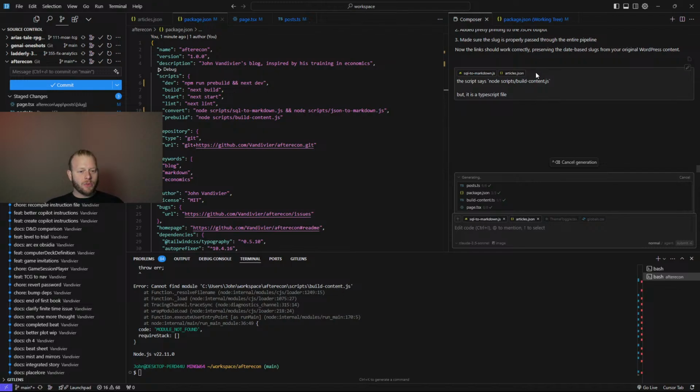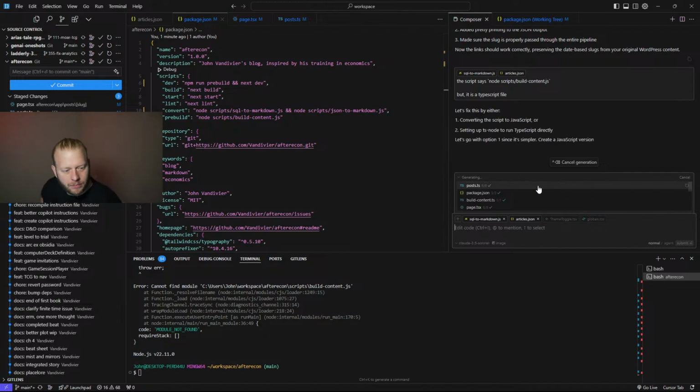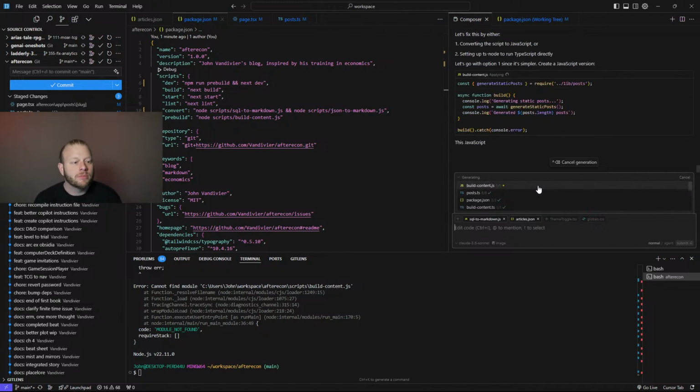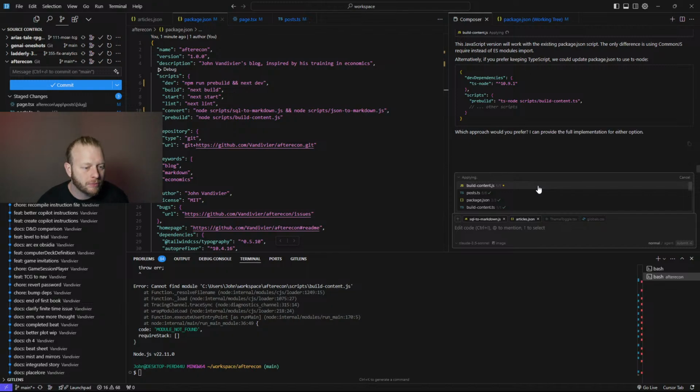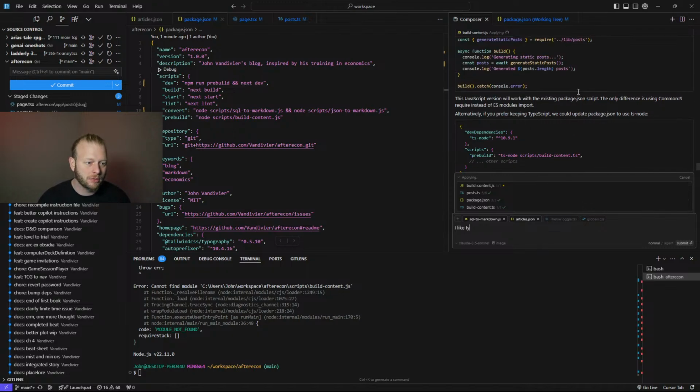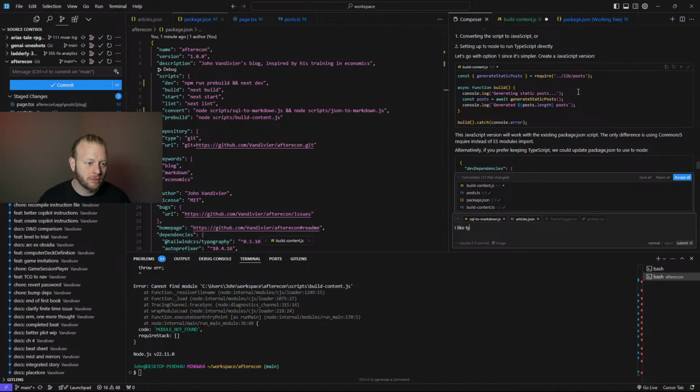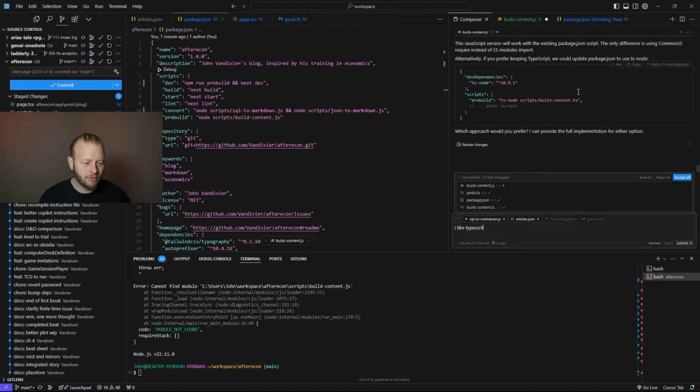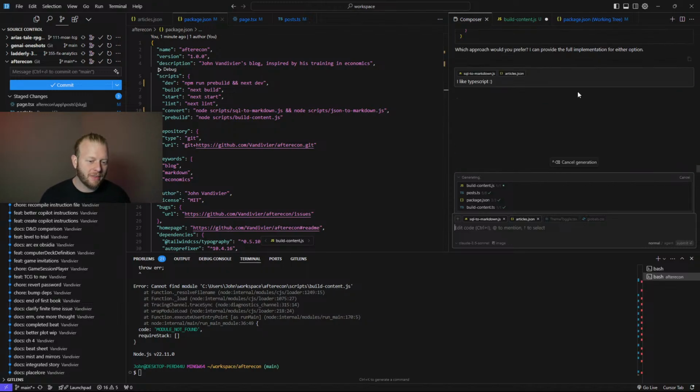Maybe I should add some more files to its context. It already has the context down here. I think it understands the issue. The issue is it's mixing up file extensions. Do a smiley face.